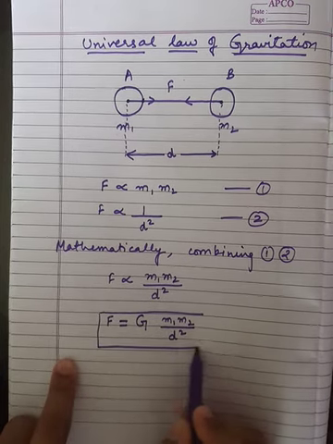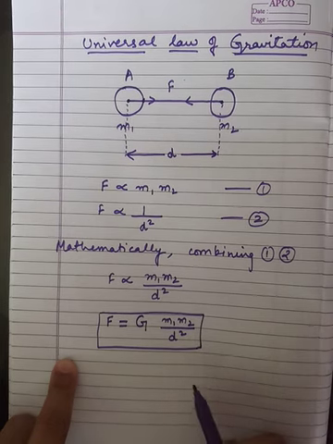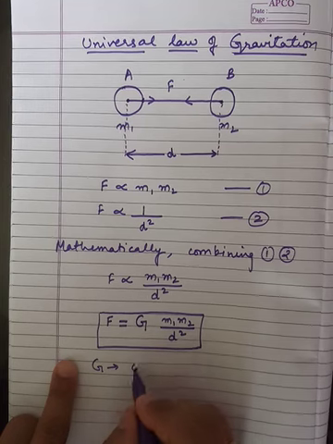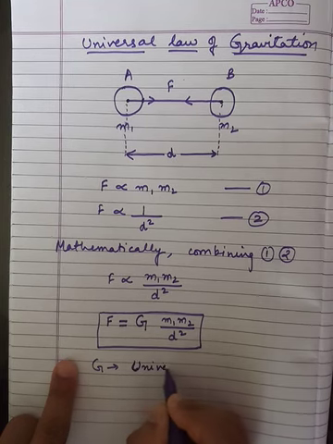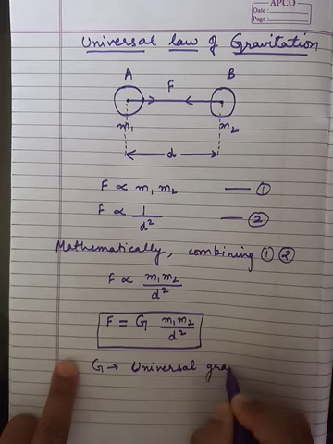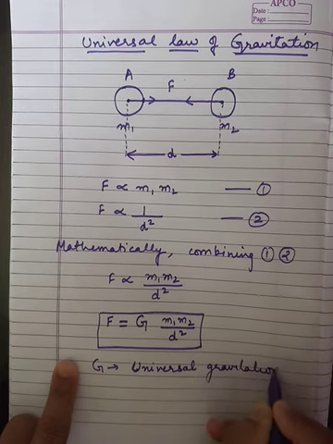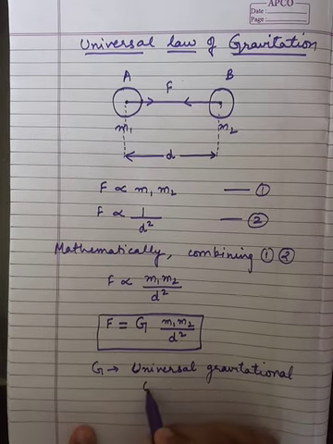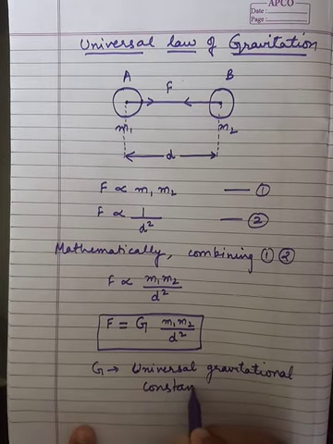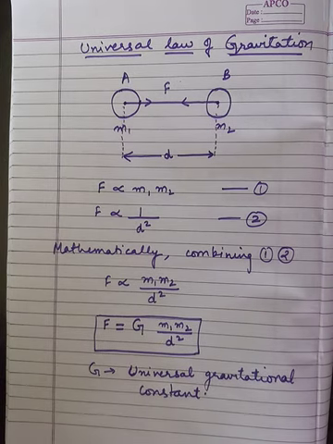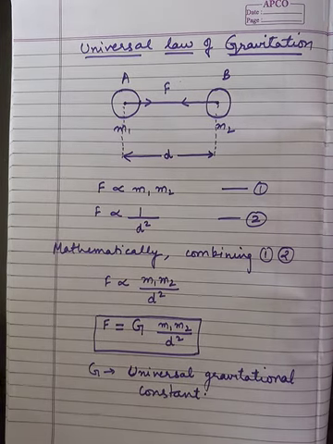This becomes the formula for force of gravitation, where G is the universal gravitational constant. Universal gravitational constant. Okay,